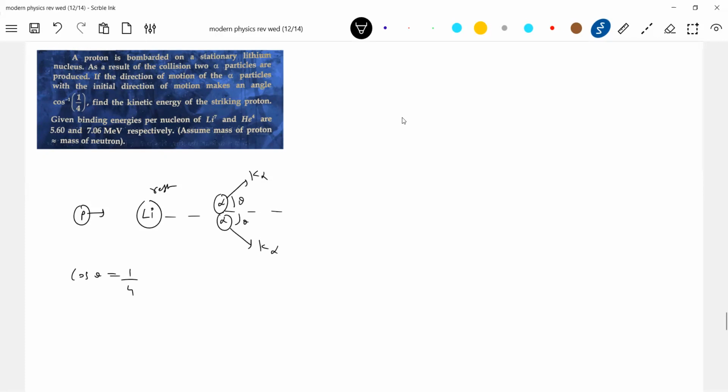I think we should first calculate the Q. Q positive or negative? See, once you get Q positive, then you can justify why alpha particles are deflecting like that only. Q is equal to mass of parent. So this will be